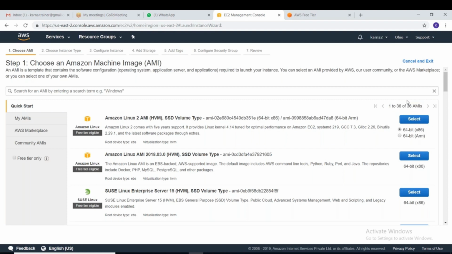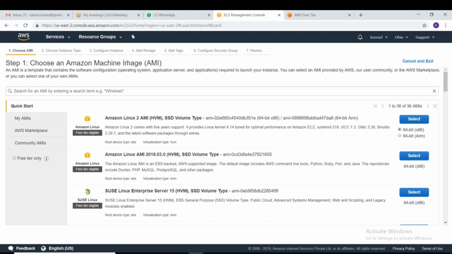AMI stands for Amazon Machine Image. That means which operating system you want to be installed in that node. So you can choose some operating system, and the storage type and the RAM, everything.